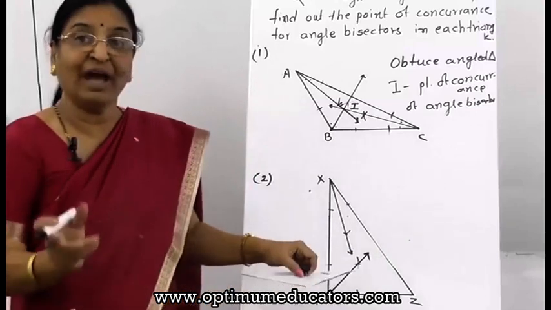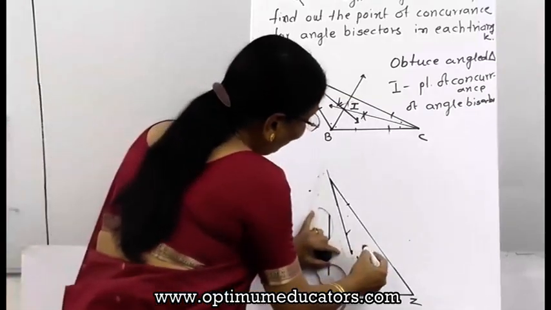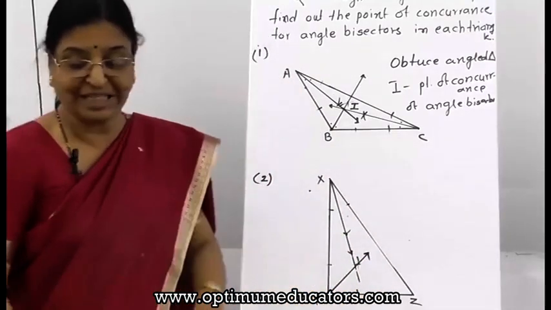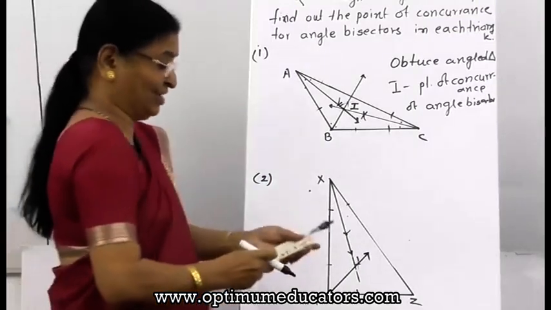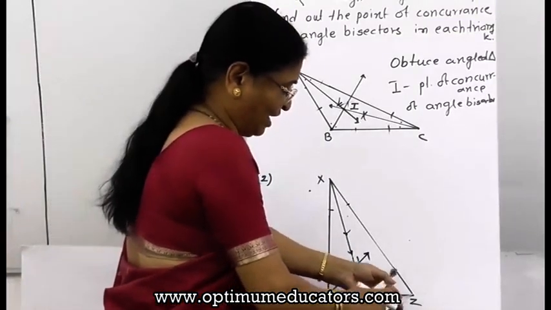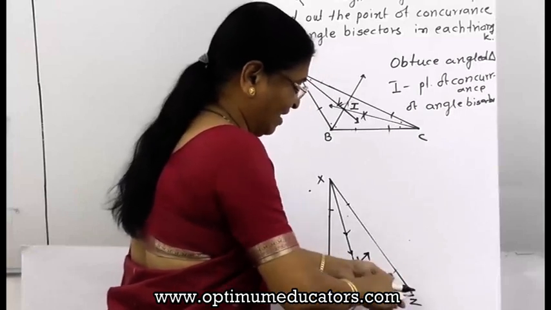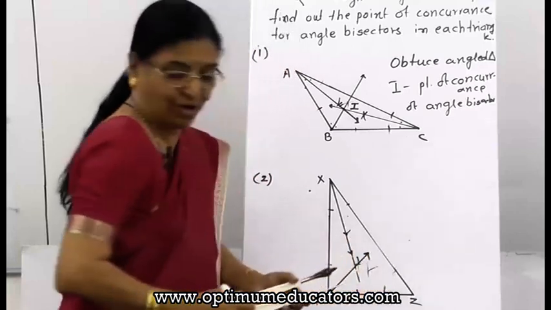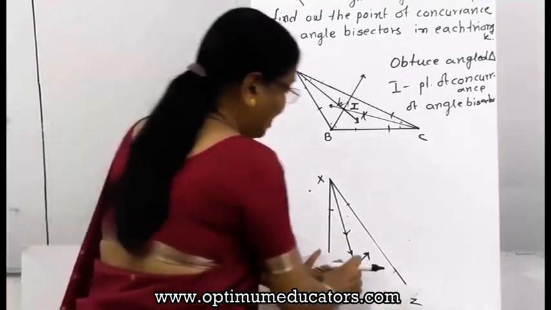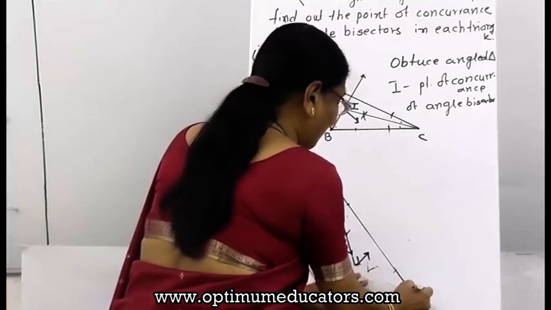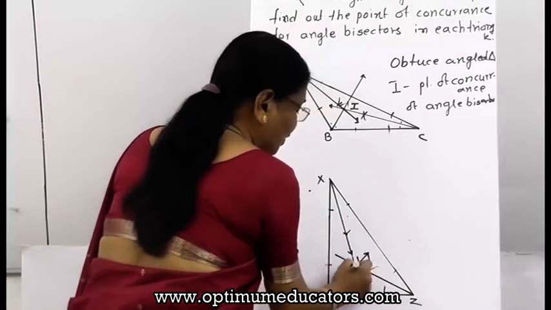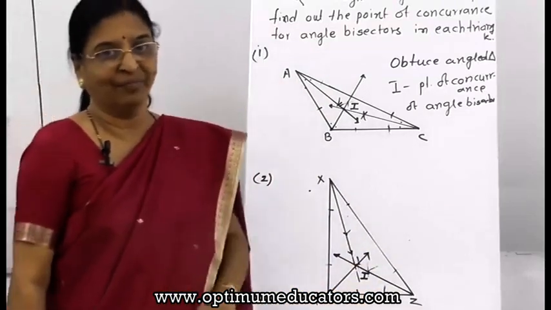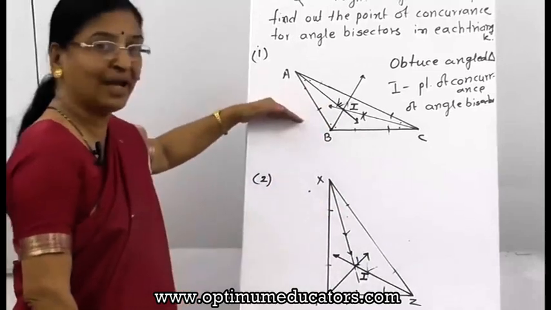See here, they are not intersecting. So what will we do? We will extend it. Okay? So we will find out the point of intersection for the third angle bisector also. So again find out. Here is one angle and other pair of arcs. Each time you have to draw 2 pairs of arcs, and now it will be the same from the point. So this is again the I, and this is the point of concurrence. Understood? So this is the obtuse angle triangle.